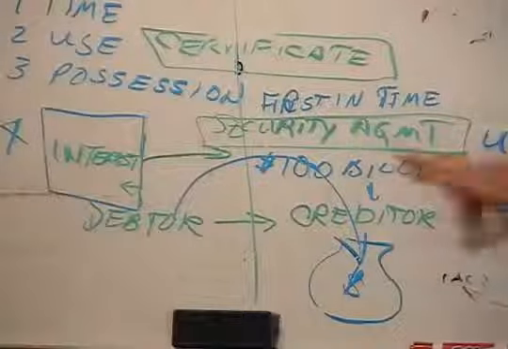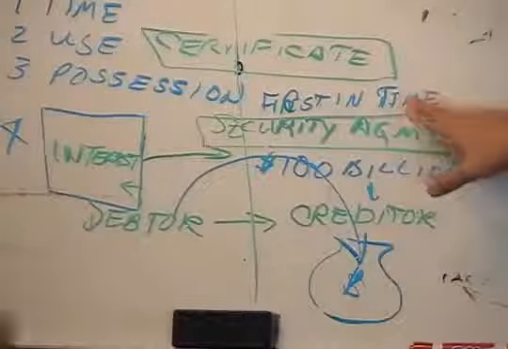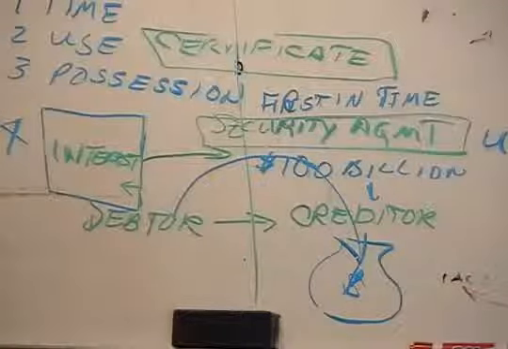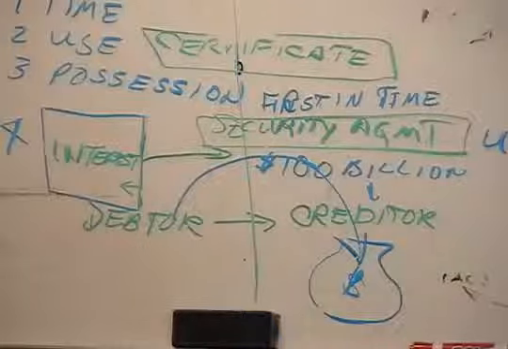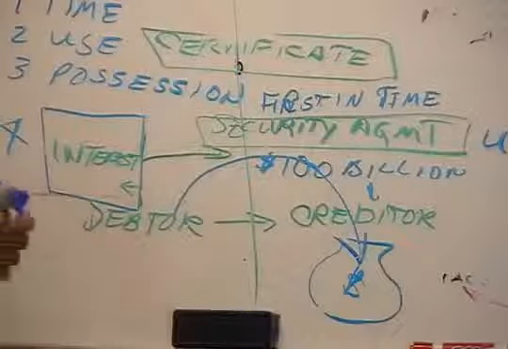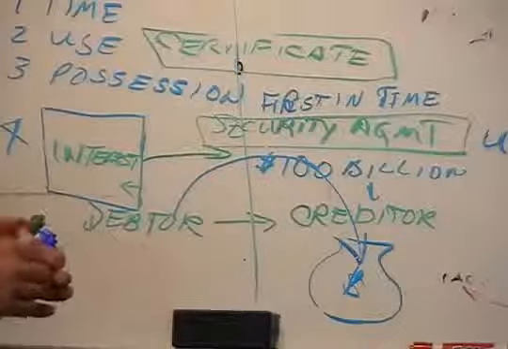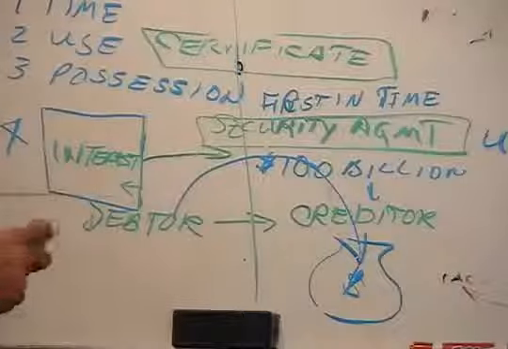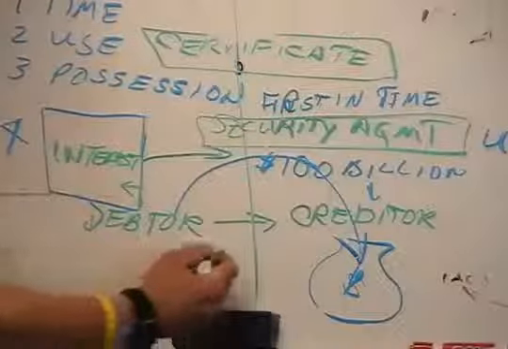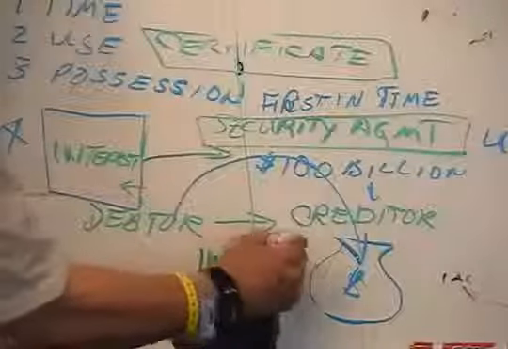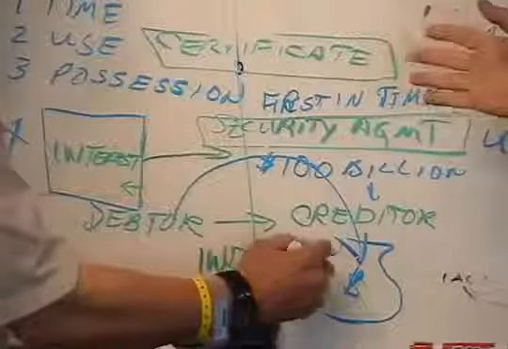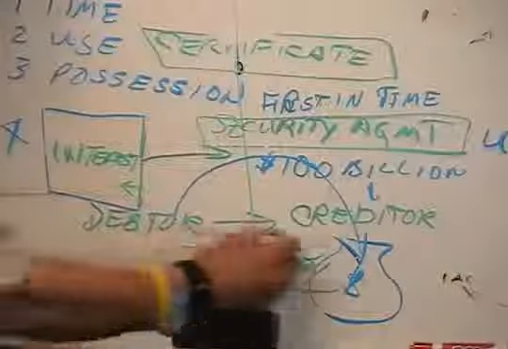And just a side note, make sure that when you have your security agreement, there's an indemnification clause in that security agreement. That the straw man, corporate fiction, is indemnifying you, the living soul, from all liens and levies. He's taking all liability. That corporate fiction name, that statutory person, is taking all liability in the sea of commerce. He's first in line for execution.